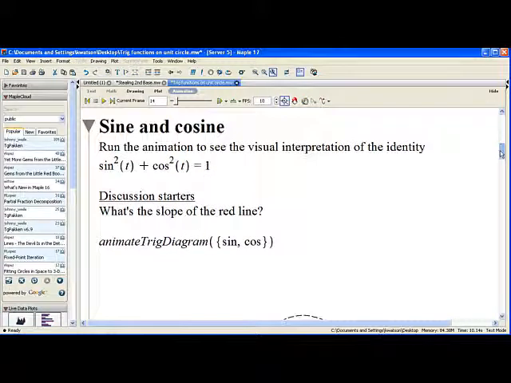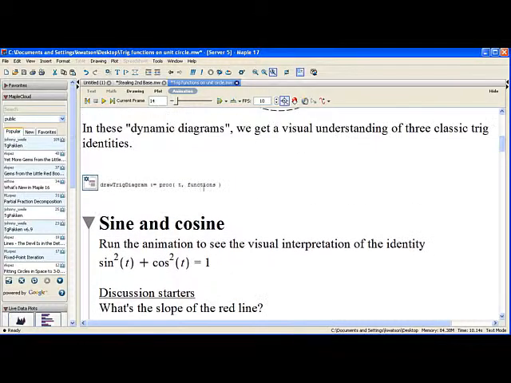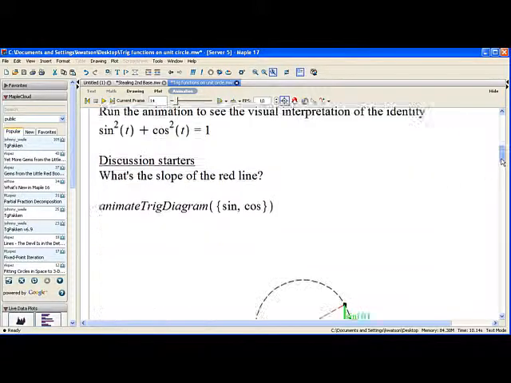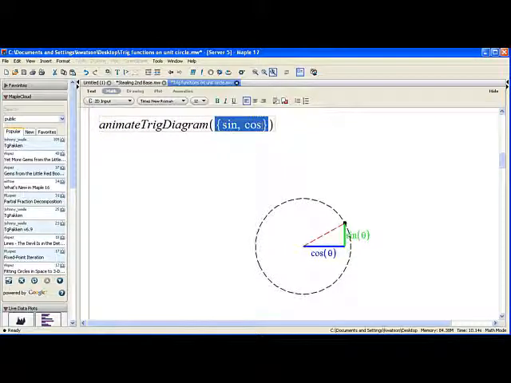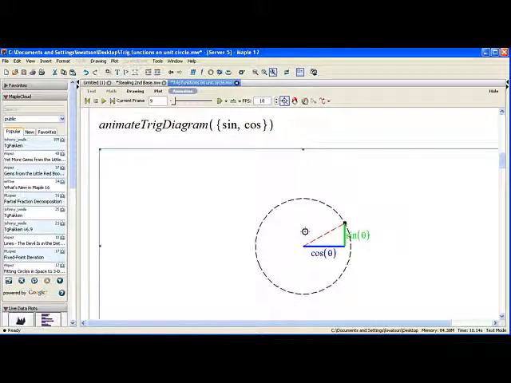Let's look at sine and cosine first. In this package here, I have written a short Maple procedure that will generate the unit circle and the relevant ratios for any ratios that the teacher wishes to choose. So in this particular case, we've taken the sine and the cosine, and when I click on this animation, I